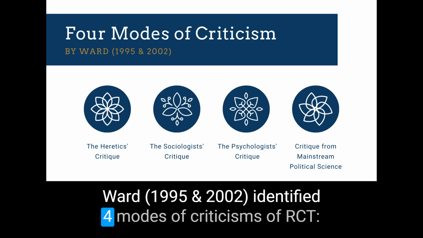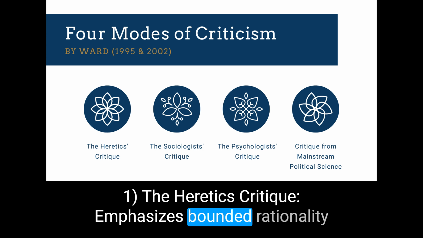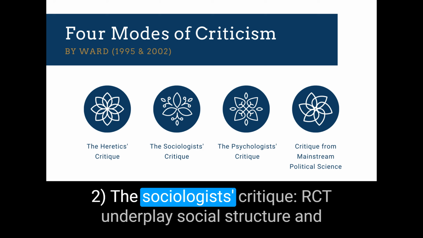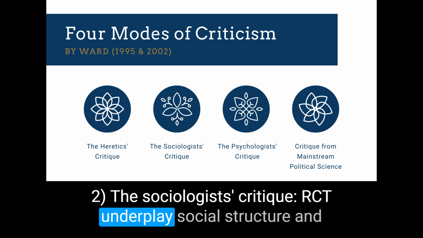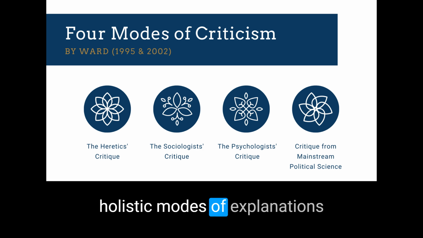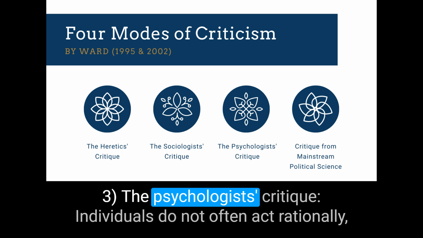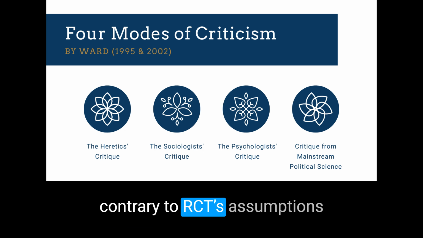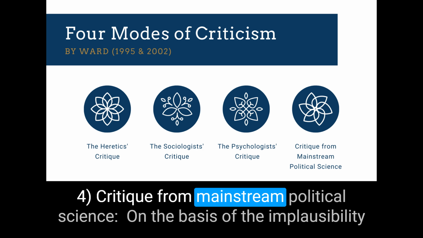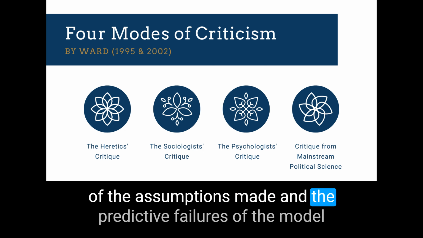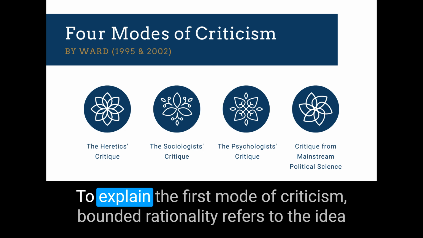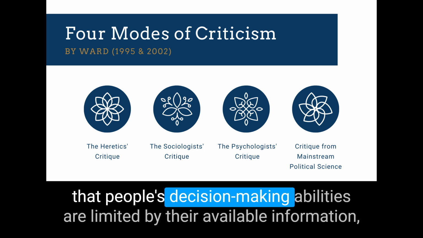Ward identified 4 modes of criticisms of RCT. 1. The heretic's critique emphasizes bounded rationality. 2. The sociologist's critique: RCT underplays social structure and holistic modes of explanations. 3. The psychologist's critique: individuals do not often act rationally, contrary to RCT's assumptions. 4. Critique from mainstream political science on the basis of the implausibility of the assumptions made and the predictive failures of the model. To explain the first mode of criticism, bounded rationality refers to the idea that people's decision-making abilities